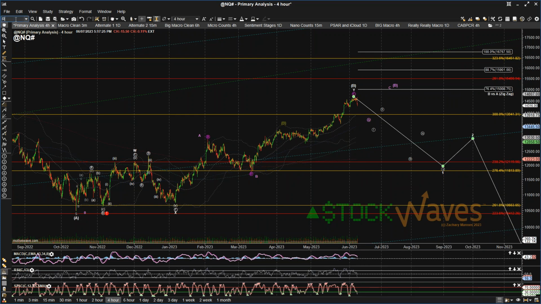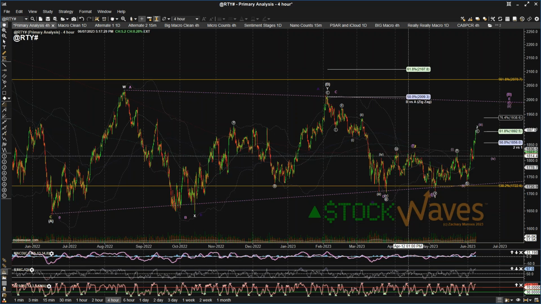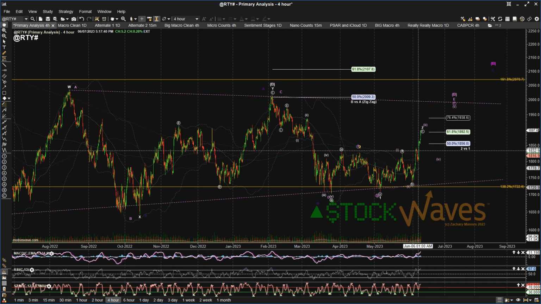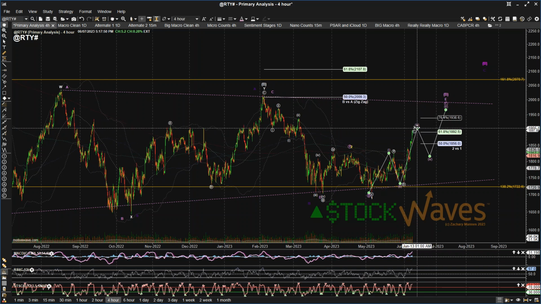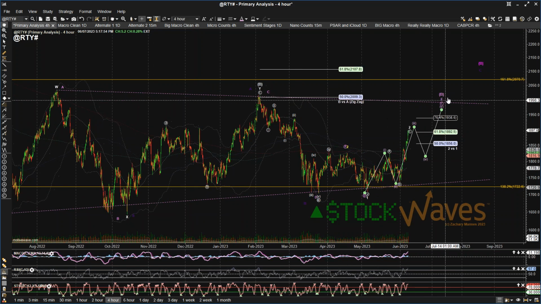Then we can look at the Russell. The Russell may get a little bit more extension here. When we were right about here, this looked good as 1, 2, 3, 4, 5 up for a C wave. Stretching to the 618 is fine, but it looks a little bit more like this is an A, B, and a C wave